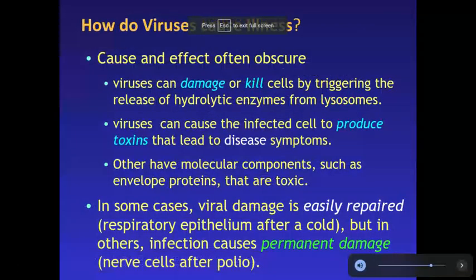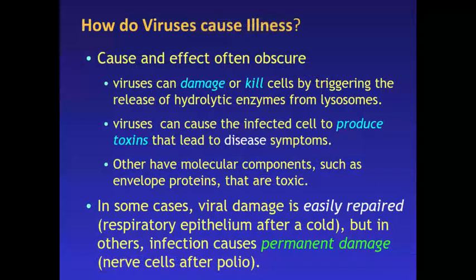So, what can viruses do? Well, basically, they can do several different things. They can damage or kill cells by releasing hydrolytic enzymes. So, that's one thing they can do. And again, that's going to basically lead to apoptosis, programmed cell death. They can produce toxins that lead to diseases. And sometimes the damage from viruses can easily be repaired, such as, like I say in here, your respiratory epithelium after a cold,